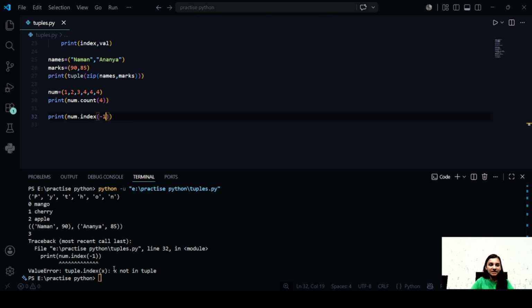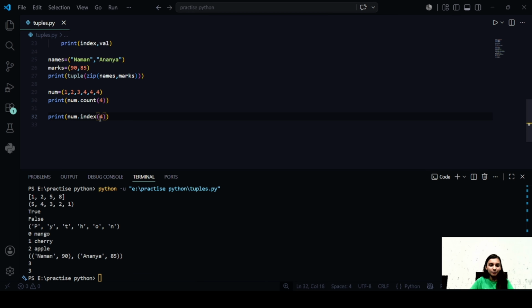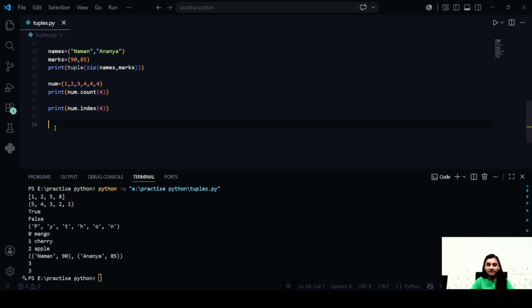Okay, we need to mention the element here. -1 is not there, so we get a value error. X not in tuple. If we try to see where we have 4, at what index? So it is at index number 3. Alright. So it gives us the first occurrence of the element. We will get the index of the first matching element.